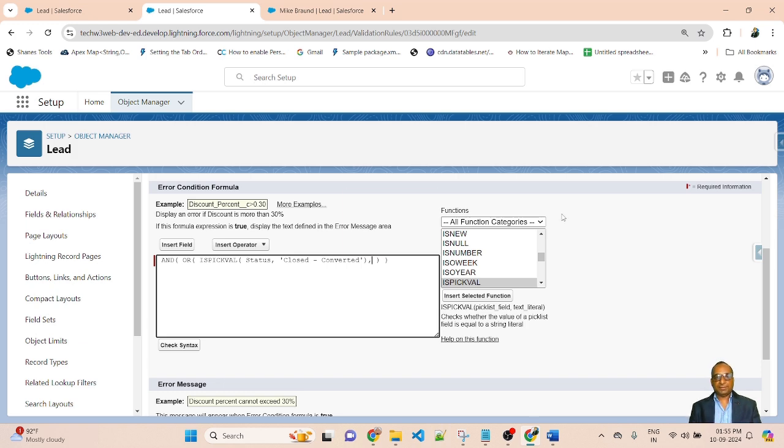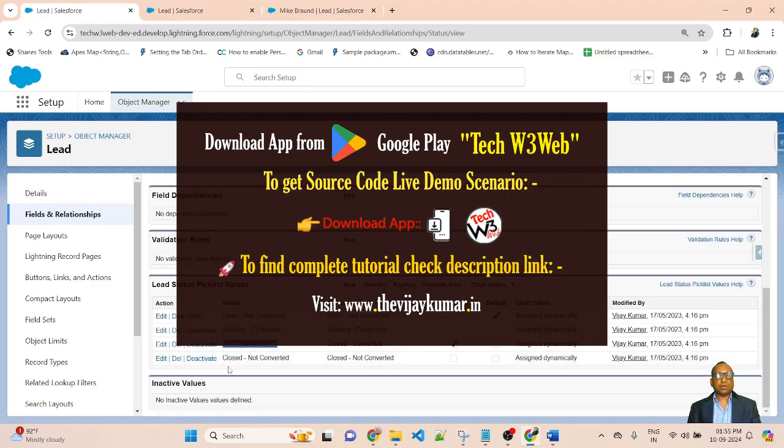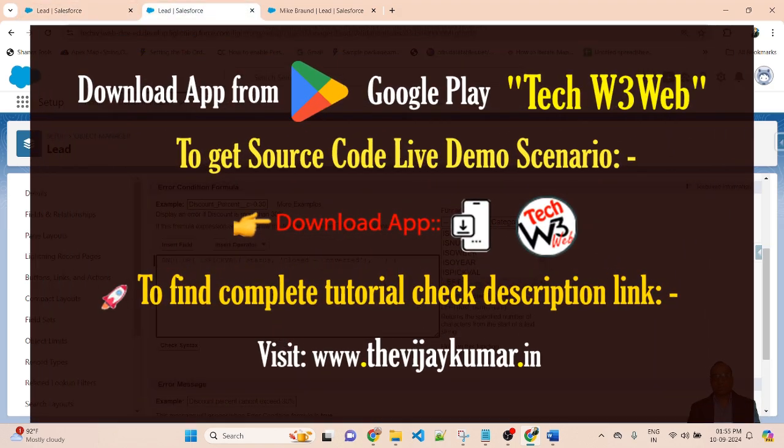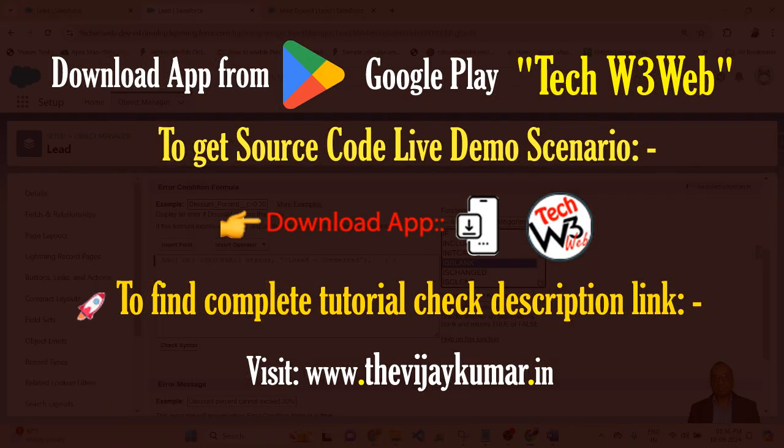Now comma, here I will use another ISPICKVAL for the close not converted value. So similarly here I am using ISPICKVAL, this is the pick value for close not converted.